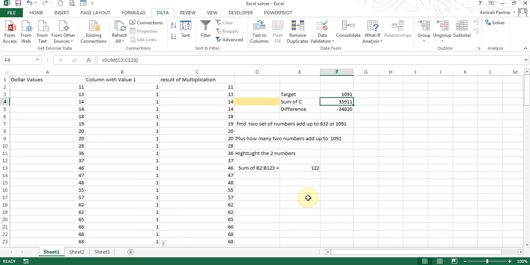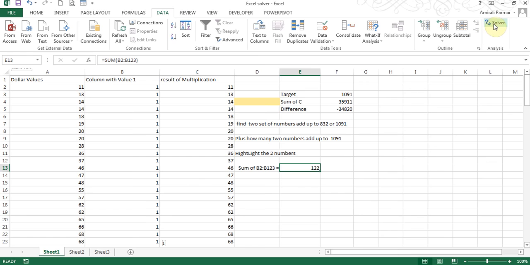So to figure this out, what I did is I created another cell here in which I did a summation of B2 to B123. So the total came up to 122 because there are 122 rows, so I just added the ones together. Now in the Solver, I'm going to add another constraint and say, look at the cell E13, so this cell is E13, and make sure that when you are creating the solution, the total of that E13 should come up to number 2, because I only want a combination of two cells that should give me the result of